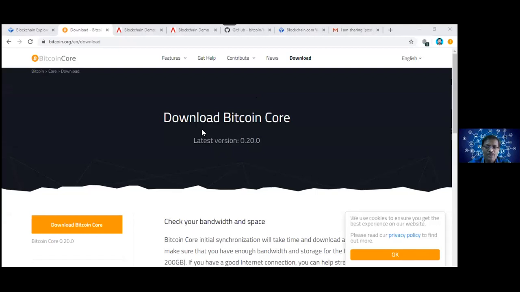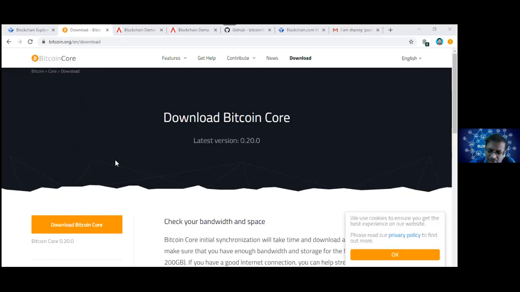So actually this Bitcoin Core, as I said, in the Bitcoin blockchain there are a lot of nodes. Those nodes can be full nodes, or we can say partial nodes. When you say full node, they need to have an entire copy of the blockchain. If you want to be a full node, you can download. This is the link, bitcoin.org, where you have